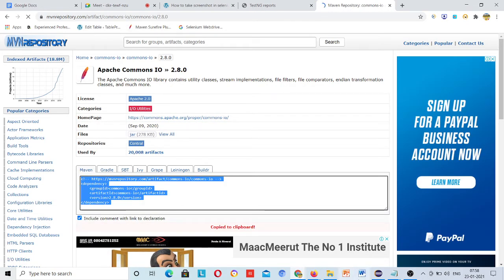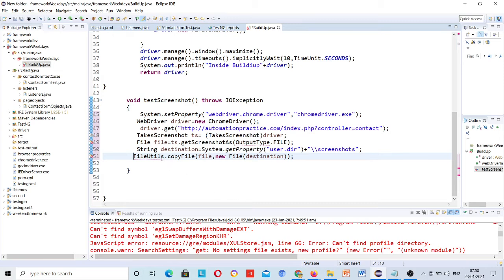Maybe this will not work, because first let me check.